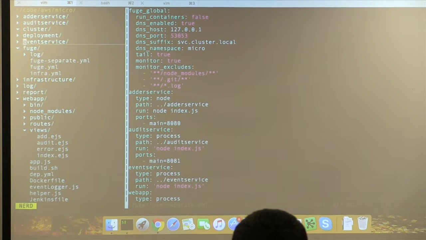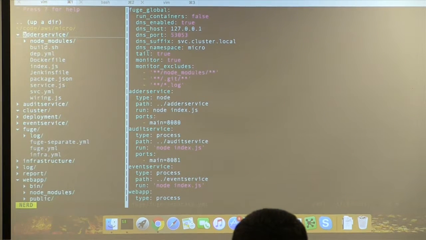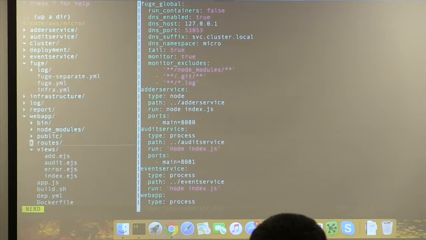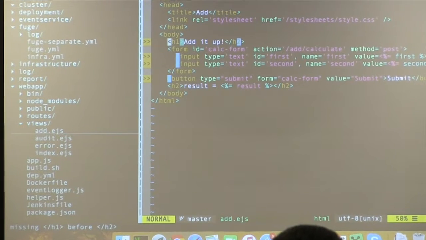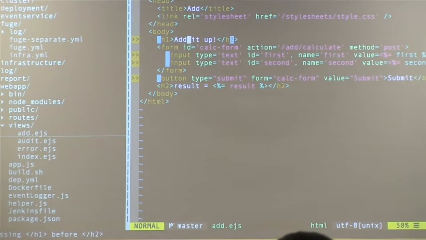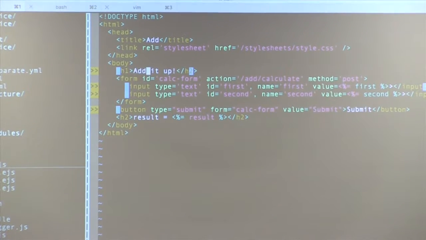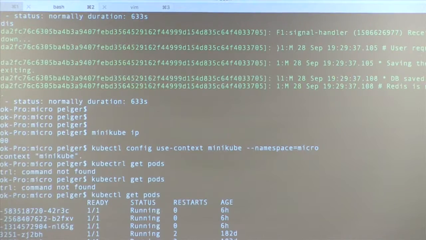Let's go to our adder service, and no, actually, let's go to web. So let me change that. In fact, look, I've changed it already. So rather than adding fish, we're just going to add it up. So we'll switch back here, and